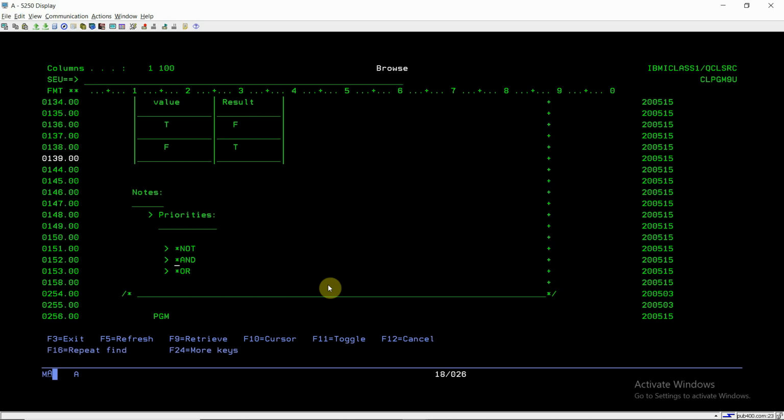The same thing applies here. First *NOT, then *AND, and then *OR will be evaluated finally in a logical expression.